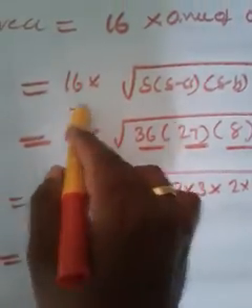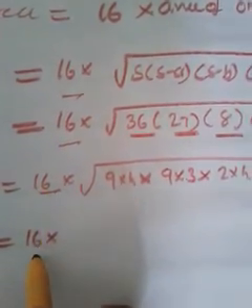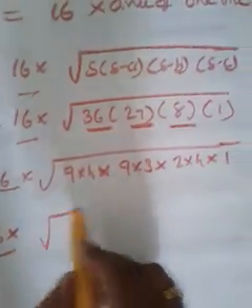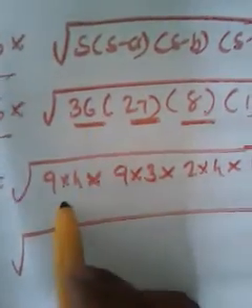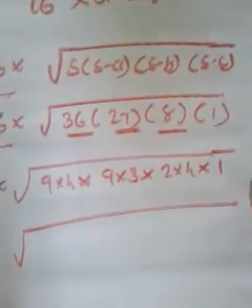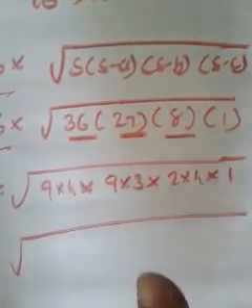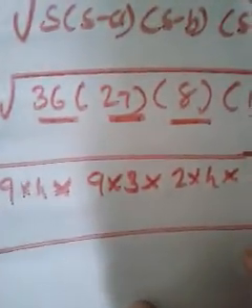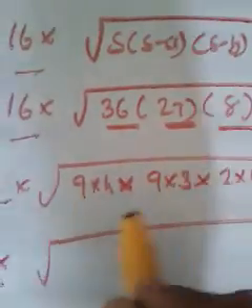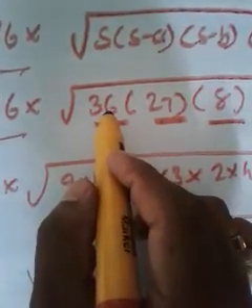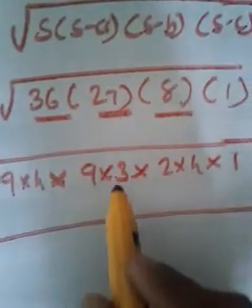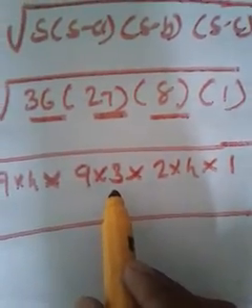This 16 stands for the total number of tiles. Don't get confused. 16 into square root of... So I express 36 as 9 into 4. Every time you need not apply the prime factorization method. The method is that you have to make the presence of two same numbers. So when I expand 36 as 9 into 4, and 27 as 9 into 3, this is not prime factorization.